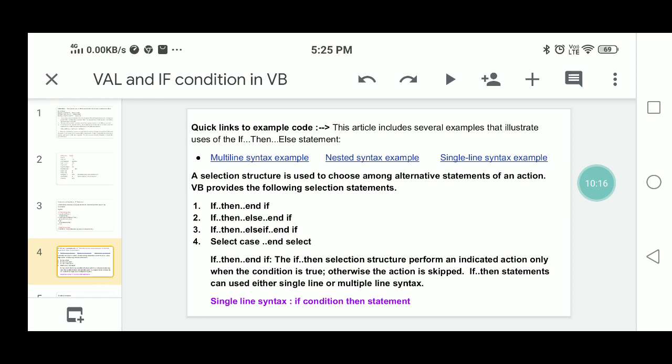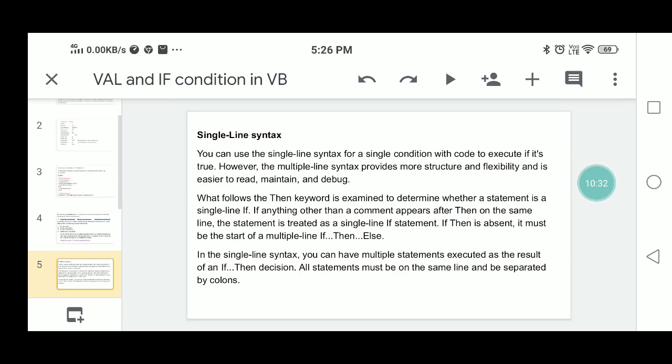You can write this one as one line and also on different lines. Single line syntax: if condition, then statement. You can use this single line syntax for a single condition with coding.